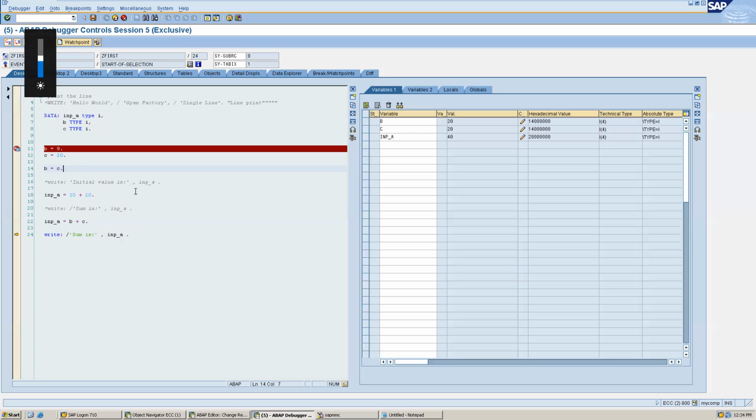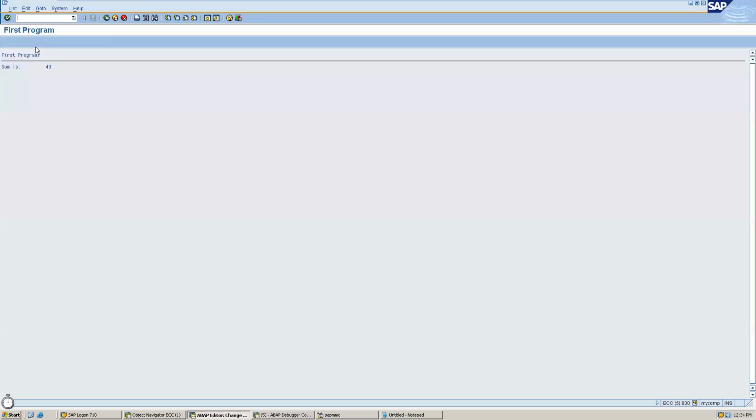For me, I have to change my setting, otherwise I have to use the function key, so I will do that. Anyway, any doubt here about why it is 40? No, right?